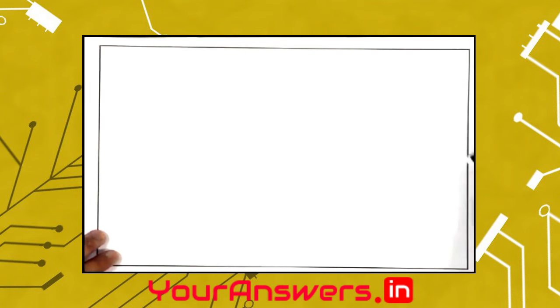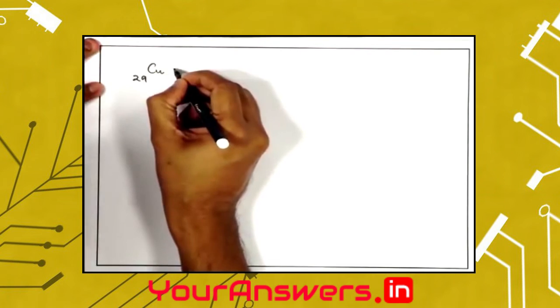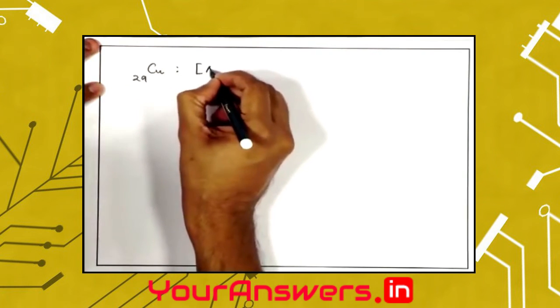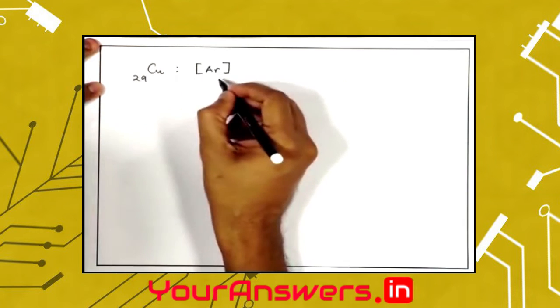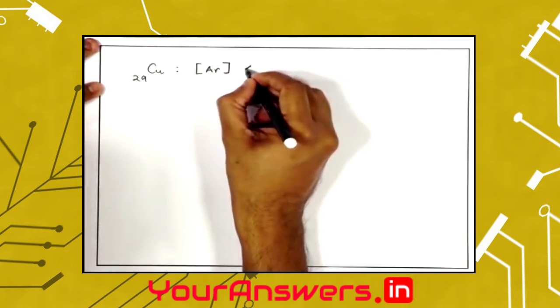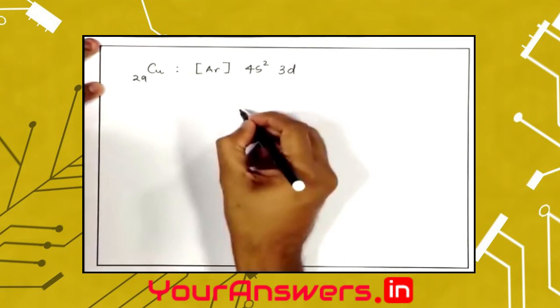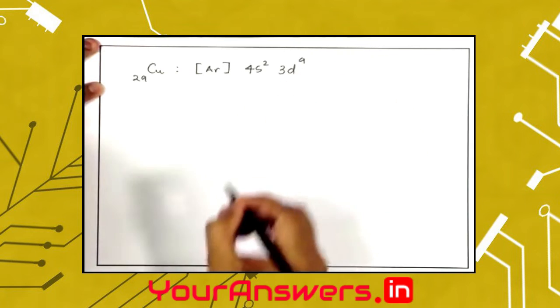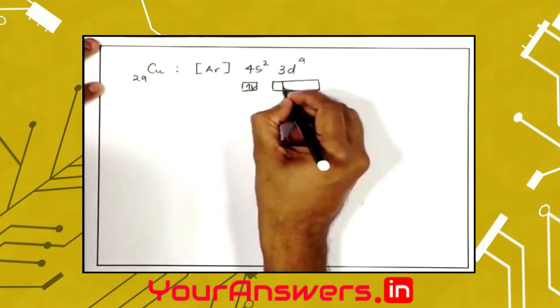In addition to chromium, there is another element, copper, which has 29 electrons. I can again write the core and valence configuration. 18 electrons are taken care of, so I have now got 11 electrons to fill. I give 2 electrons to 4s, and next is 3d, and I am left with 9 electrons, so I give them to 3d. If I draw the orbitals,